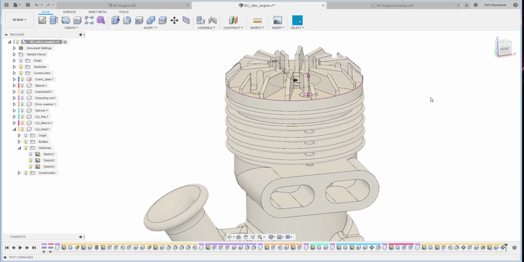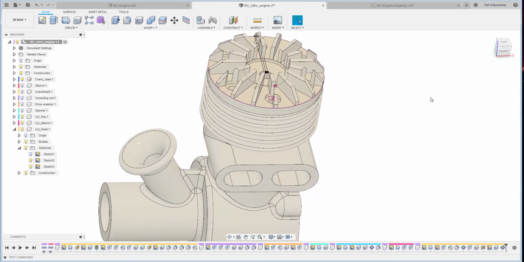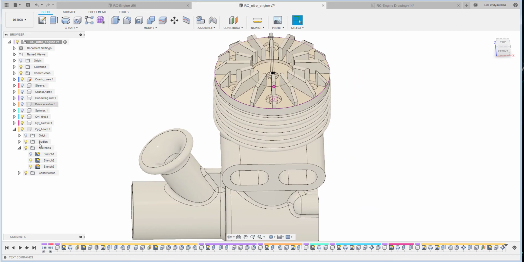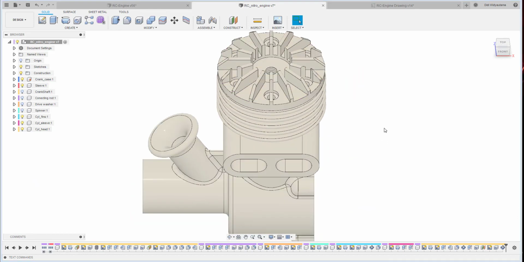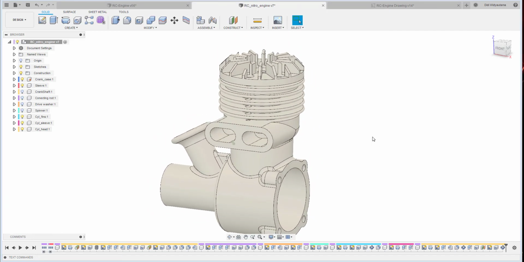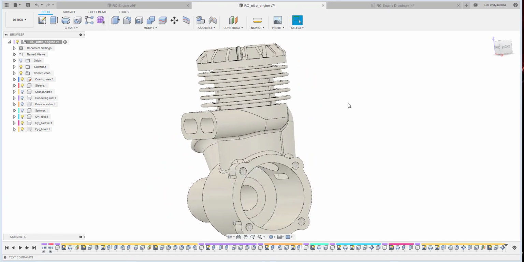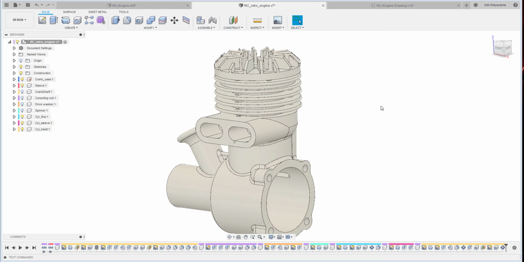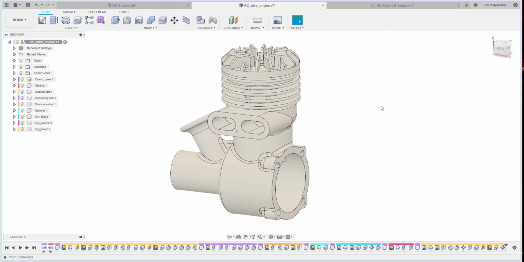Okay, we finish with the cylinder head, and then that's it for today. In the next session, I will be continuing to assemble all the parts, and then make sure you follow my